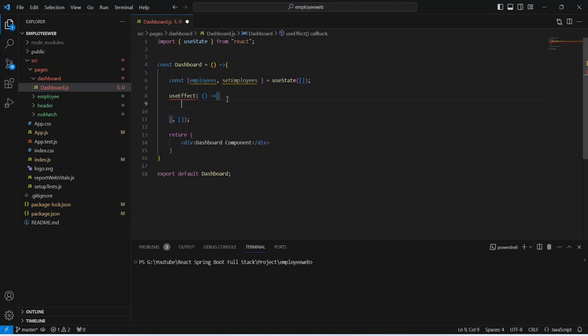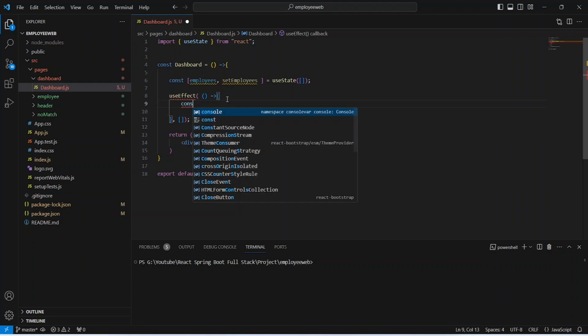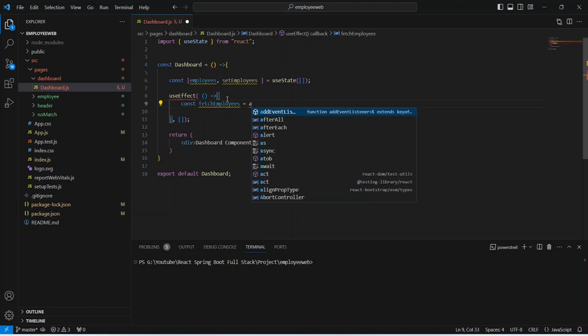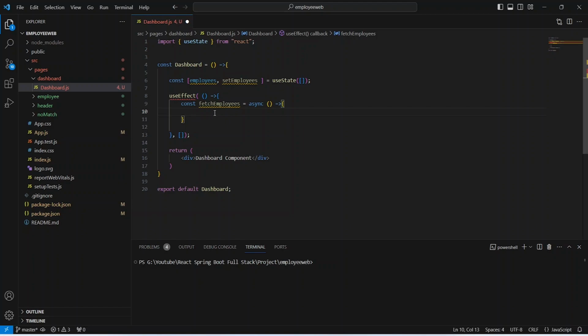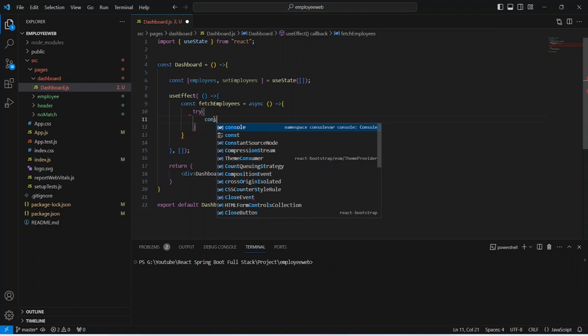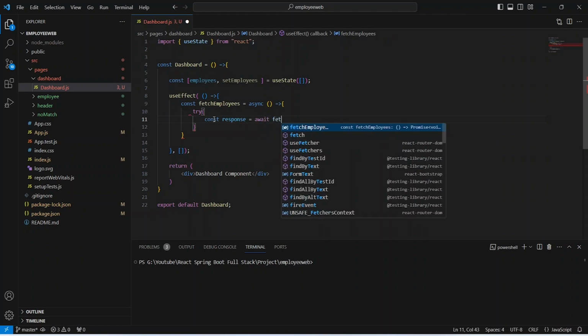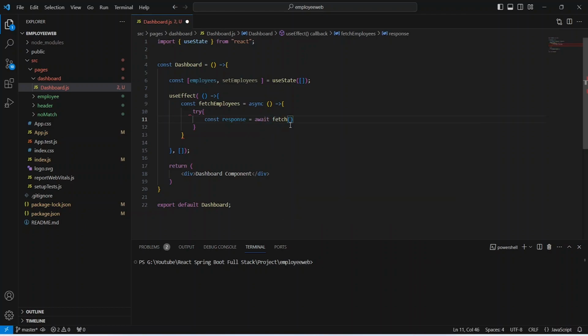And in the body of this useEffect, we will write one const and we will name this fetchEmployees. And after this, we need to mention async because this is an asynchronous function. And in the body of this function, we will write a try block. And here we will create a const and we will name this response, and we will use the await keyword. And then we need to mention fetch, and inside this we need to pass the URL, which is http://localhost